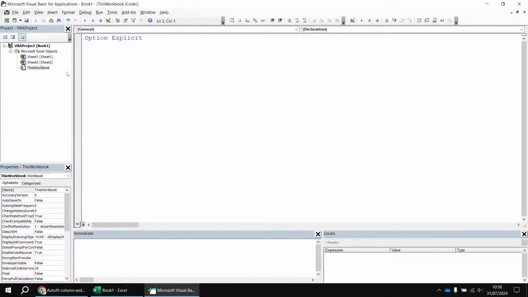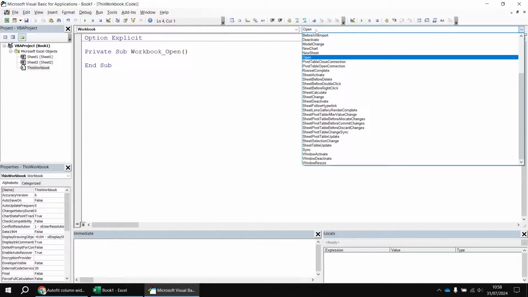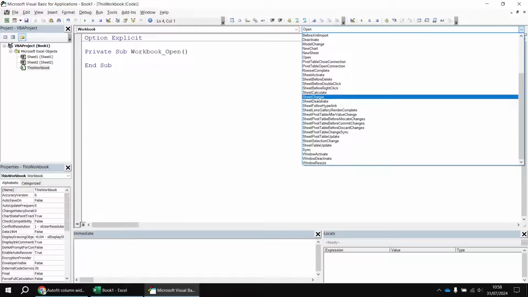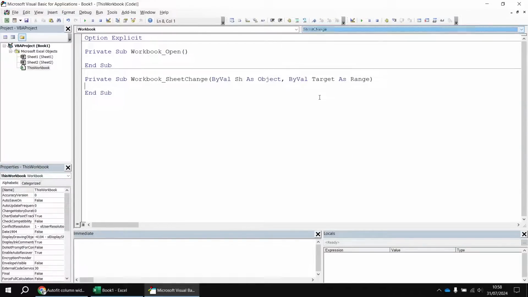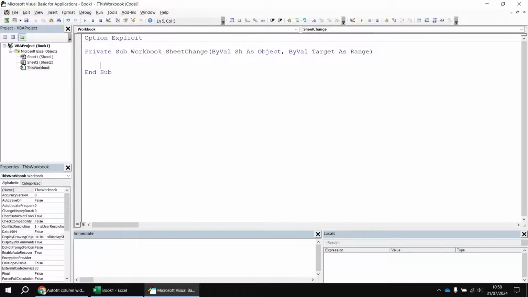the left-hand side, and then I can access events of the entire workbook object using the same technique I used for the worksheet. So from the drop-down list at the top left-hand corner, I'm going to select Workbook. That gives me the Open event, which is the default event of a workbook object. But from the drop-down list on the right-hand side, I can then choose the Sheet Change event. So this is the same change event as we saw for a worksheet, but it applies to every worksheet in the entire workbook. I can then delete the Workbook Open event, paste in the code that I copied to the